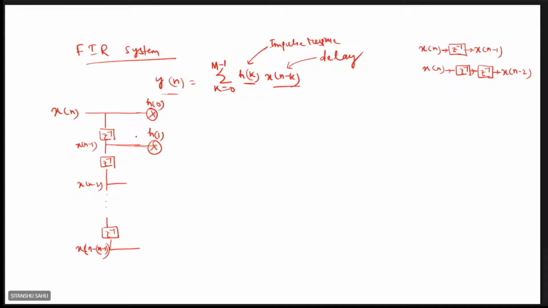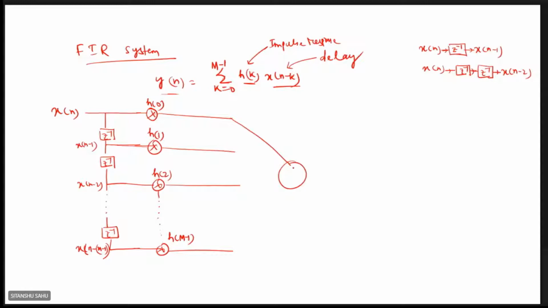Yes, sir. Okay. So now again we will multiply over here h of 2, and then likewise it goes on continuing. And what will be the multiplication over here? So h of m minus 1. Very good. So it will be h of m minus 1. Now after you do this multiplication, what then are you using? You go on adding. This is the summation, isn't it? So that means all the multiplication terms will come and be added over here, right?